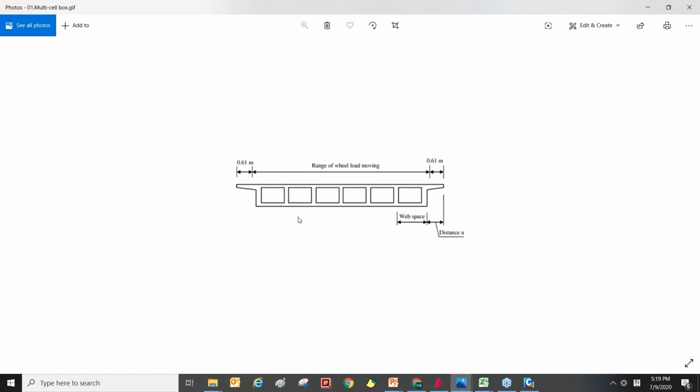So when you model this multi-cell box girder as a grillage model, there are some girder elements. So you can put the PSC mid in the middle side, and you can put the PSC hop section type at both ends here.